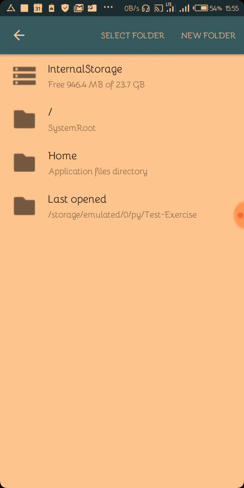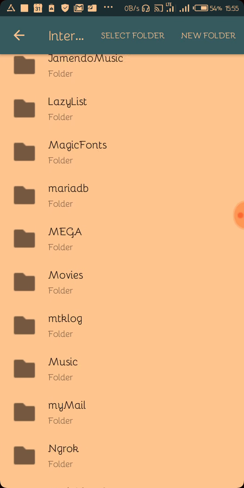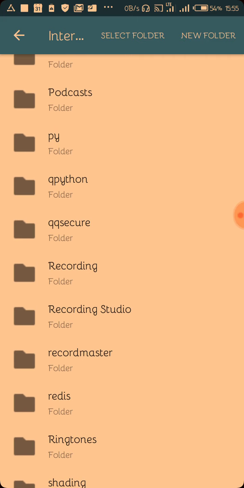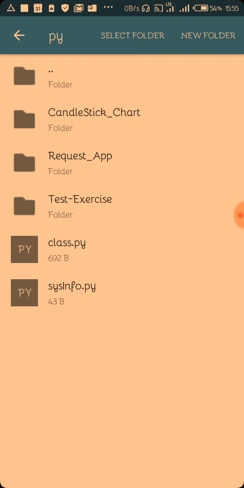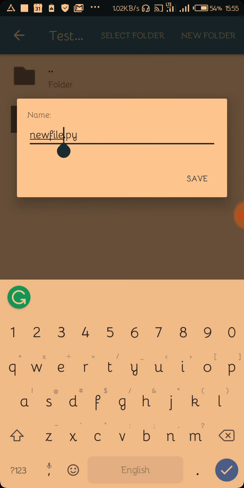Usually, this is the home directory where it will show you, but I always like to go into my internal storage and then create a folder where I can do my Python projects or whatever. For me, I created the py folder. Now inside the py folder, I already have an app.py already there, so I would select this folder and create a new file, and I'll name this